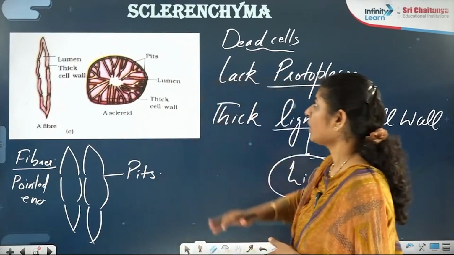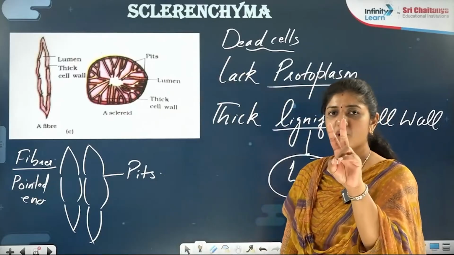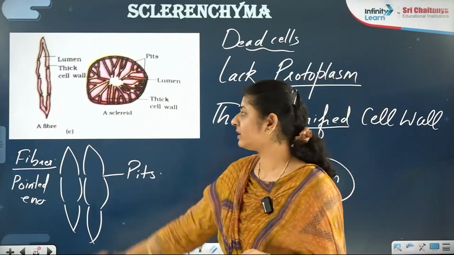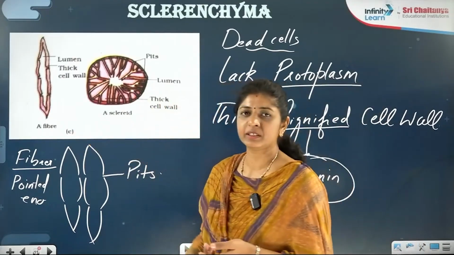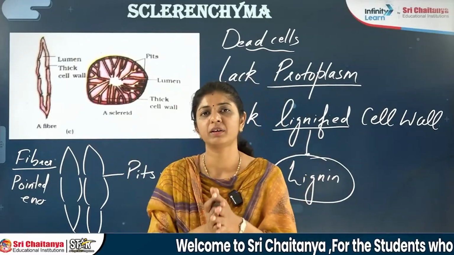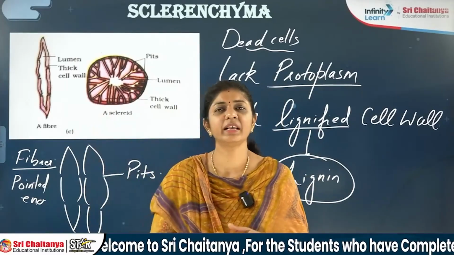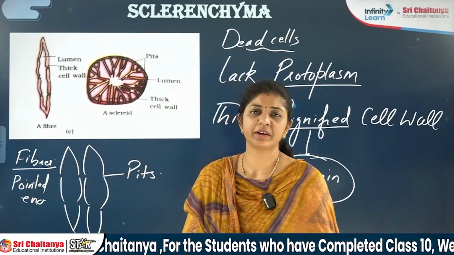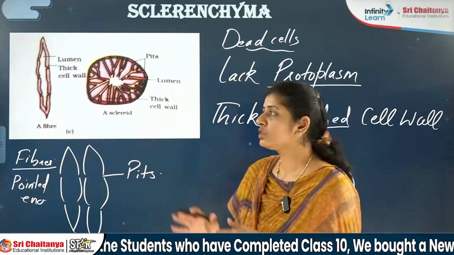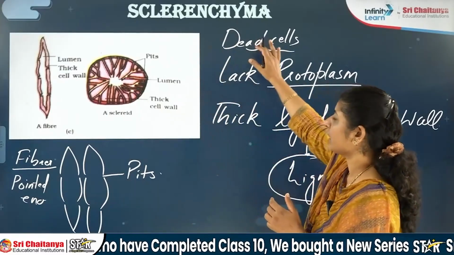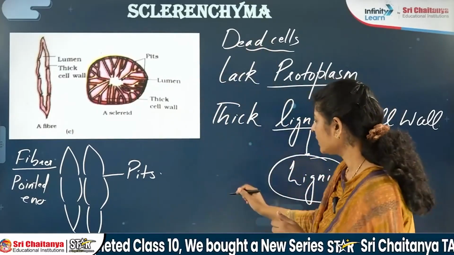So this is about what thing? Sclerenchyma. Two types I already discussed. Under that further two types are there, fibers and the sclerids. Sclerids are much more thick. Fibers are okay, they are thick, but less than that the sclerids. Much more is there. Just right now you must know what is sclerenchyma. This is more important. What is the function now?